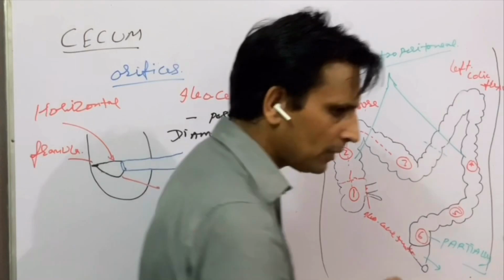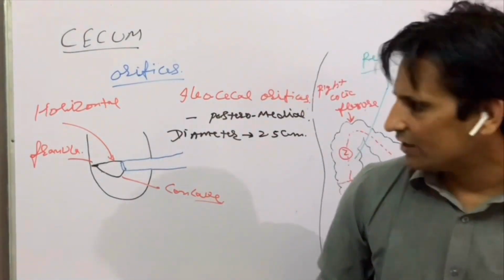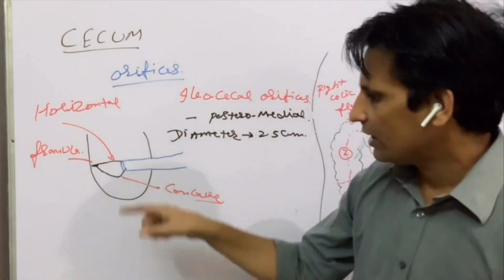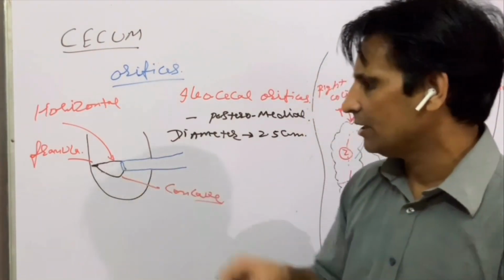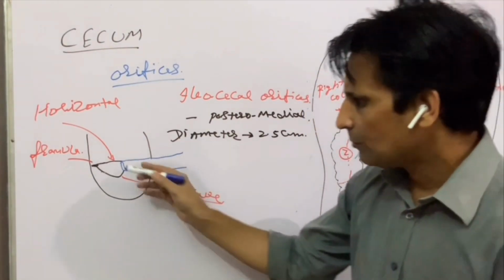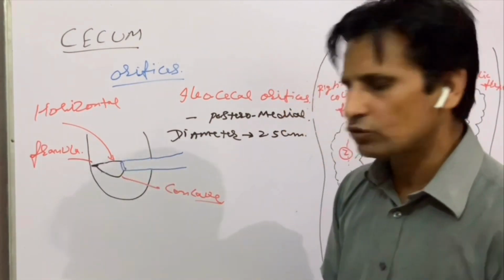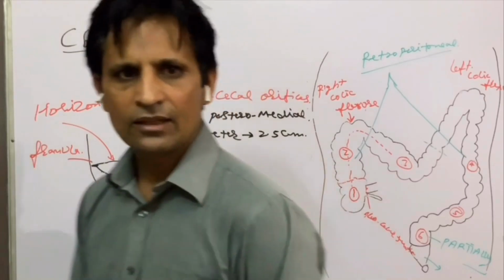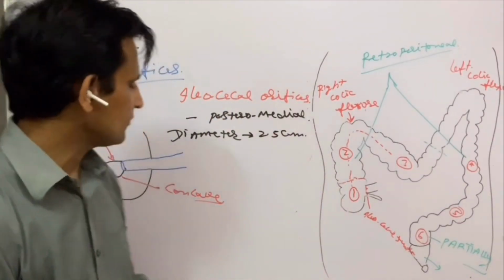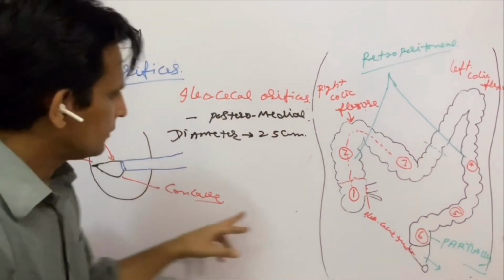One is the upper lip, which lies horizontal, and the lower one is the concave lip, or lower lip, which is concave in shape. Both of the lips meet together, and they make the frenula. That is all about this